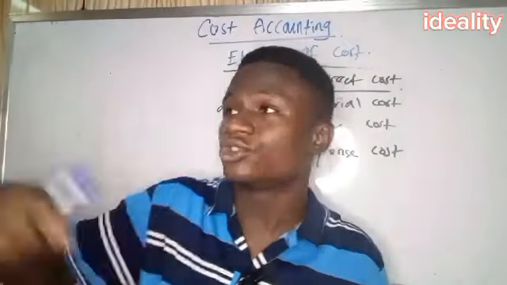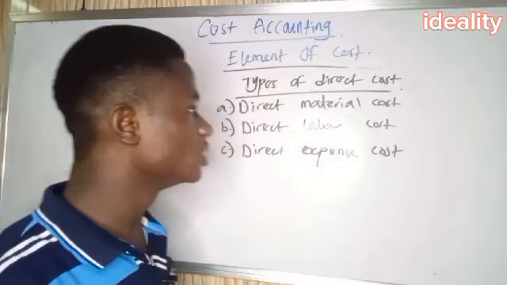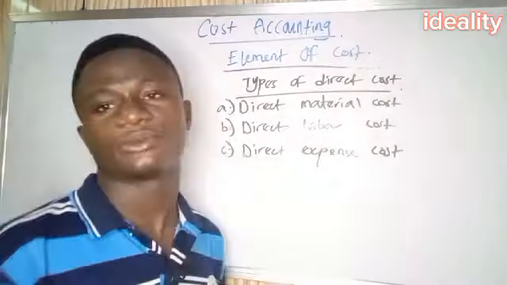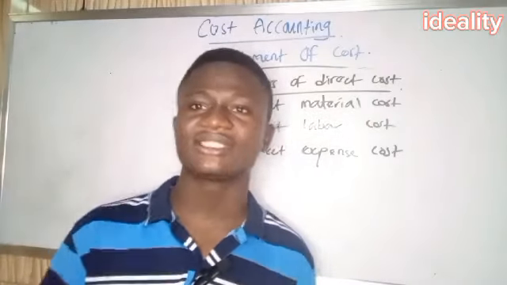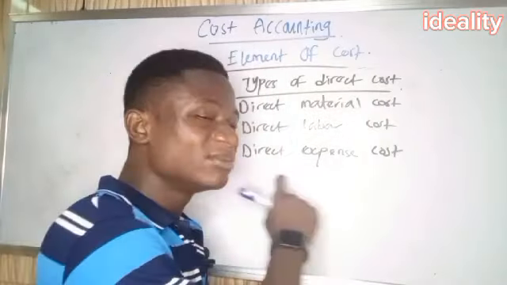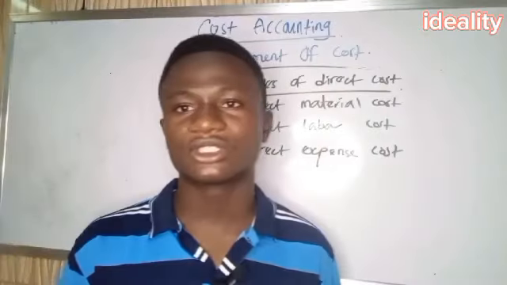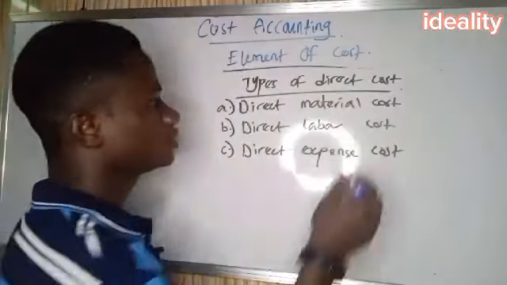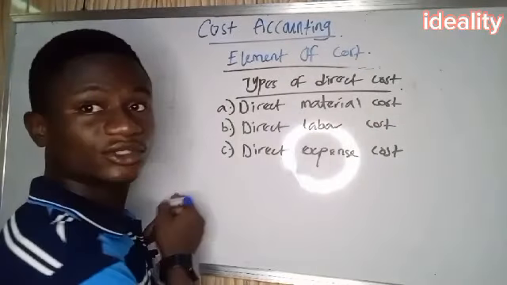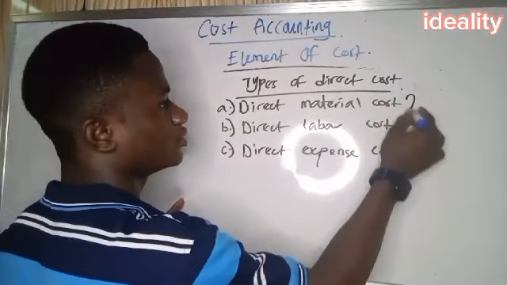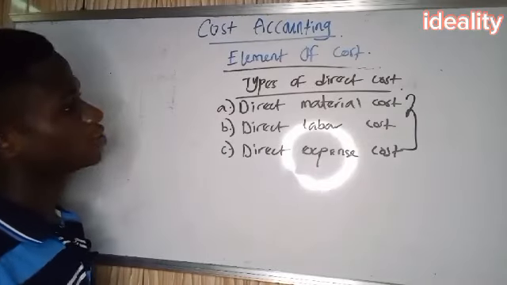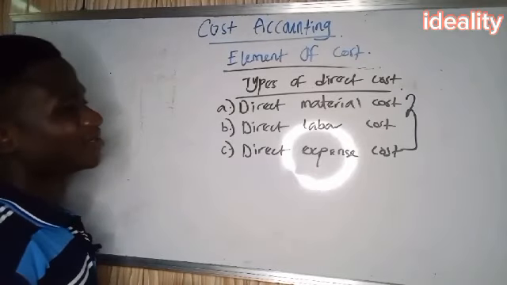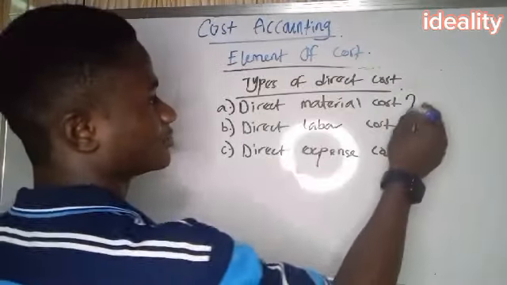The machine cannot be used to clean. The machine is only useful in the manufacturing sector. So if I want to charge the cost of that machine, I will charge it on the manufacturing sector alone. That is what is called direct costs. So now the summation of all direct costs is what we call prime cost.